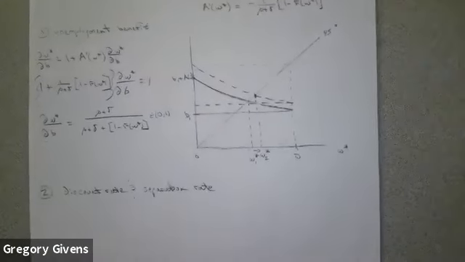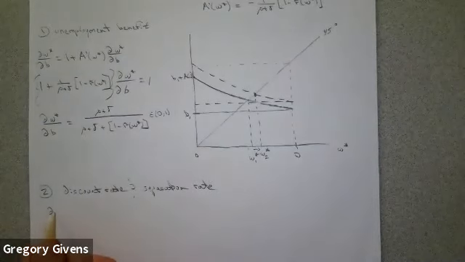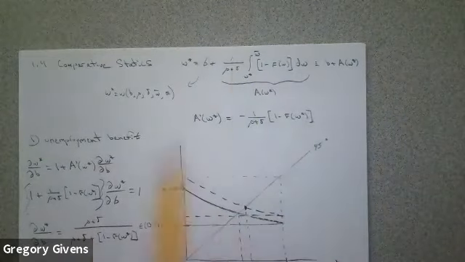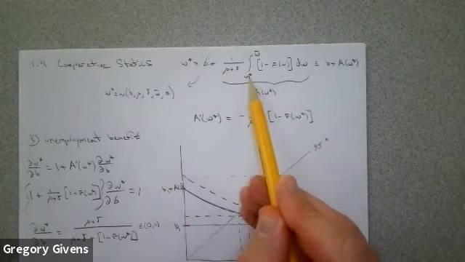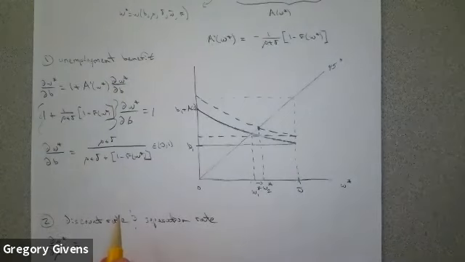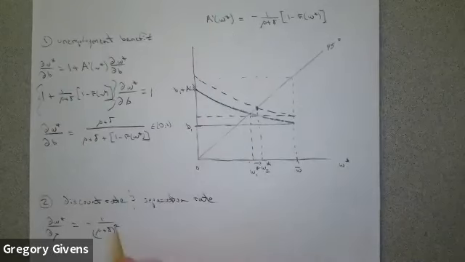All right, let's evaluate that comparative static. So the left-hand side becomes dW star, let's say with respect to the discount rate, okay? That's going to be equal to the derivative of the right-hand side with respect to the discount rate, which appears in this term as well as in the limit through W star. So this would be, let's see, -1 over rho plus delta squared times the integral from W star to W bar of 1 minus F of W dW,